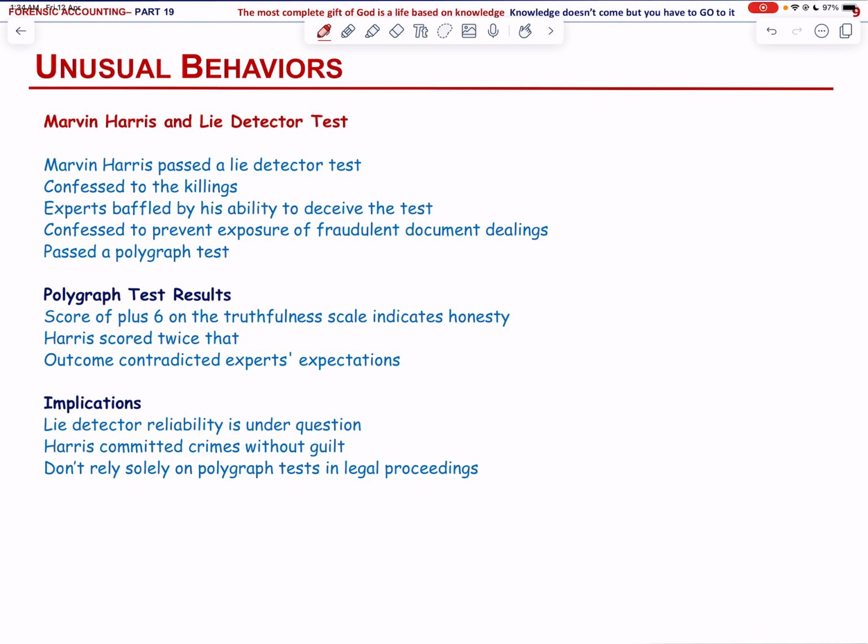Two nationally renowned polygraph experts were puzzled and eager to interrogate confessed killer Marvin Harris following his successful passage of a lie detector test. Harris claimed that he did so to prevent the revelation of his fraudulent document activities. Despite initially denying any involvement in the killings during the polygraph test, Harris displayed signs of truthfulness which left the